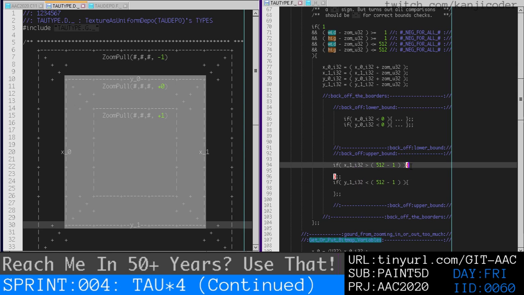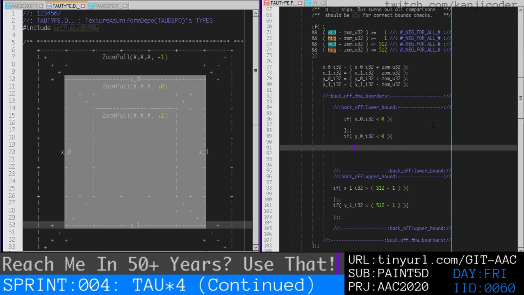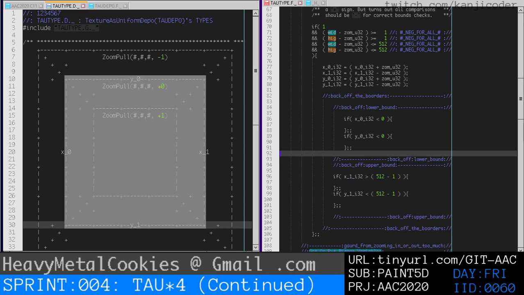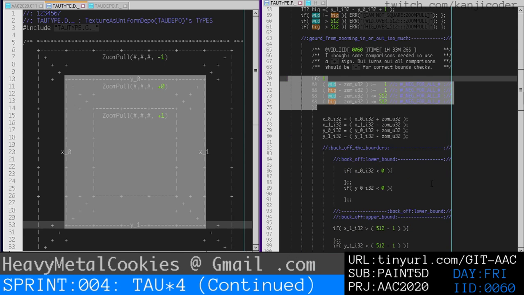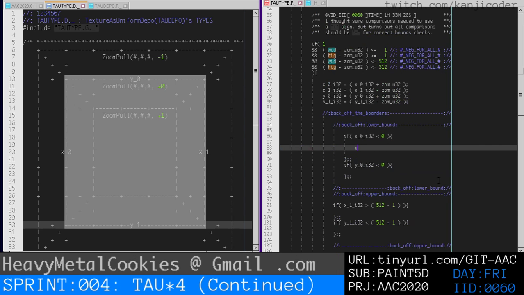And from here, I guess we just want to figure out what the backing off of the bounds logic is, right? We want to make sure that if we're on one of those bounds, what do we do to get off of those bounds? So, assuming that the rectangle is not too large, assuming that we correctly guarded here, the only thing we need to do is move the rectangle if it's gone too far in a certain direction, right? So if it's gone too far in the x direction, we'll say x0 i32 plus equal,